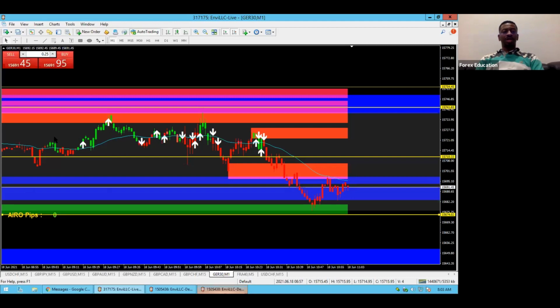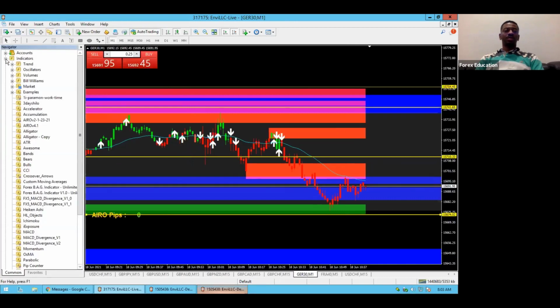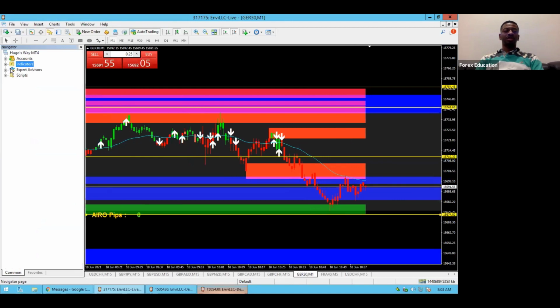How do I find the dashboard? The dashboard, there is a video that shows you. All right, so for the dashboard, there's a video. Please watch the video that walks you through step by step on how to set up the dashboard. For the dashboard, you want to come up to this icon here that says charts. Underneath it, there's an icon that's a gold folder with a gold star. You select that. All right. You come down here to expert advisors.